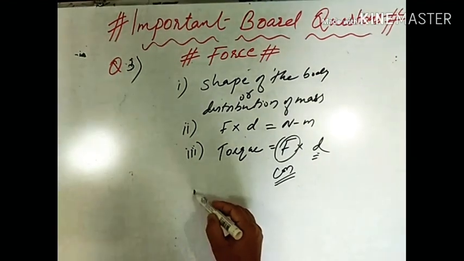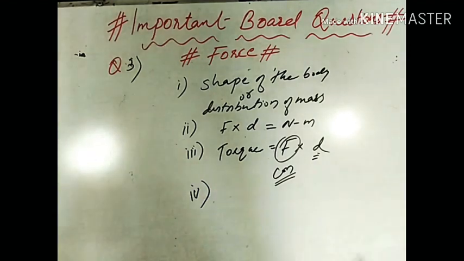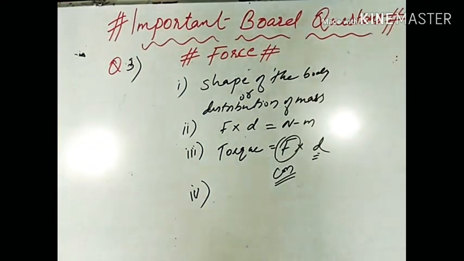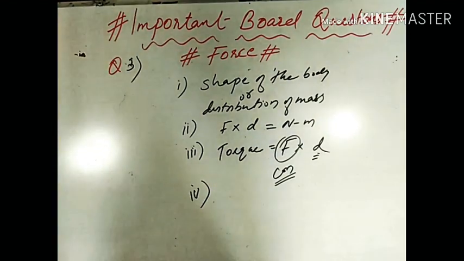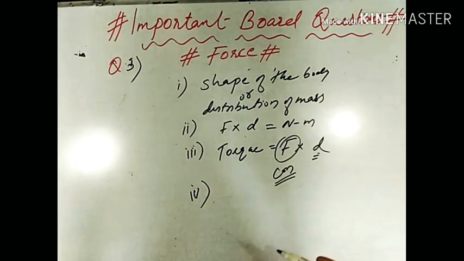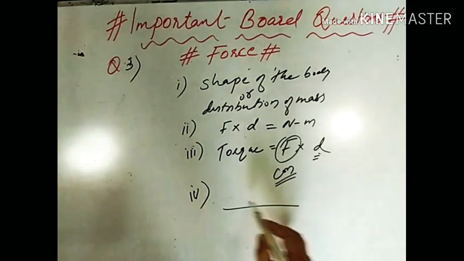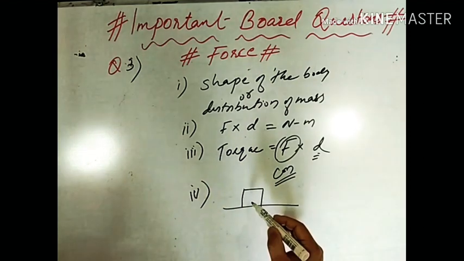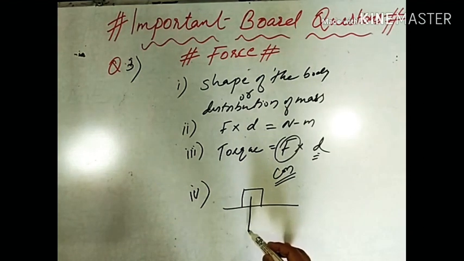Okay. The fourth part of the question, what is that? Define equilibrium. Equilibrium is actually a state of a body in which the net force acting on the body, the algebraic sum of the forces acting on the body, will be zero. For example, consider a book lying on the table. It will be in stable, static equilibrium